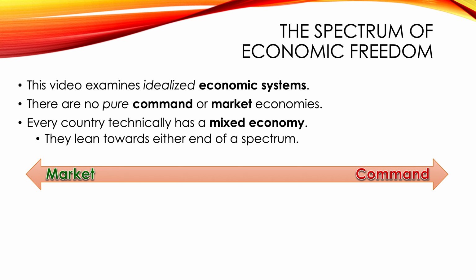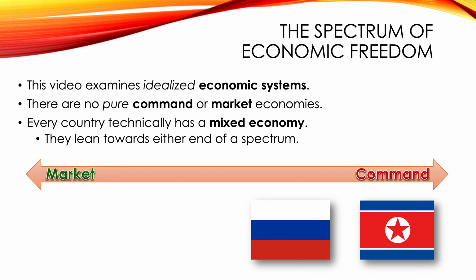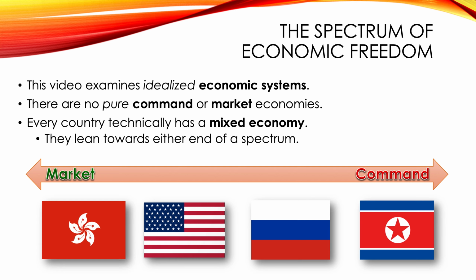On the market side, things are freer. On the command side, people have less freedom. So for instance, on the command side, we've got North Korea. Very restricted economy by the government. But as we move to the left here, we've got Russia. Russia still has a pretty authoritarian kind of economy. The government kind of calls the shots, but still not as restrictive as North Korea. The United States leans towards free market. They're definitely freer than the Russian economy, but the US economy is not as free as, per se, Hong Kong's